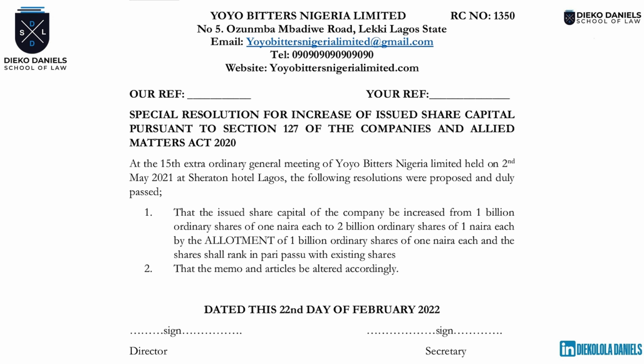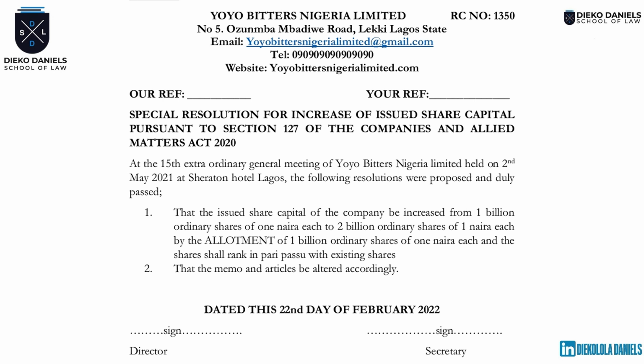Do you understand that? So it's just like if you want to invest in a company, right? Now, you previously had 100,000 naira as your investment. Now you want to increase your investment to 1 million naira. Of course, you have to add 900,000 naira, because what you had there was 100,000 naira. So that is what we are saying. We want that the issued share capital of the company be increased, right? That the issued share capital of the company be increased from 1 billion ordinary shares. We want to increase it from 1 billion to 2 billion. How are we going to do that?